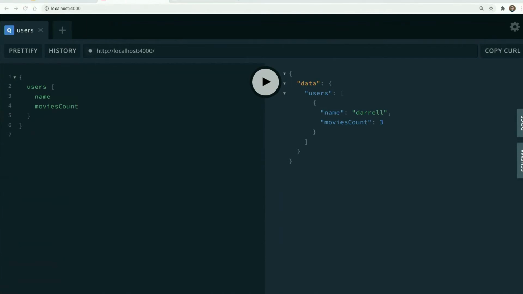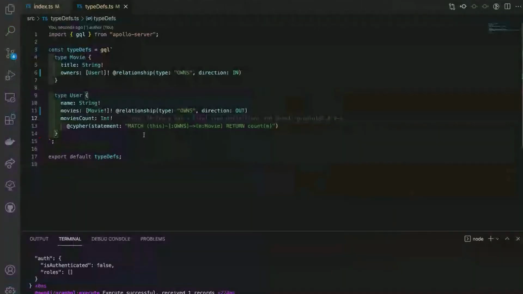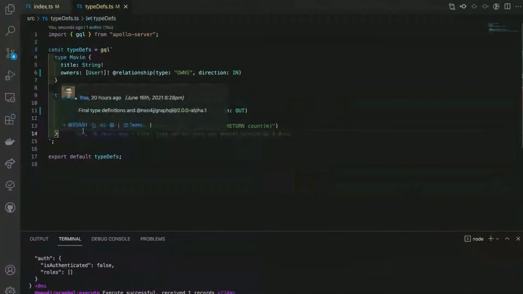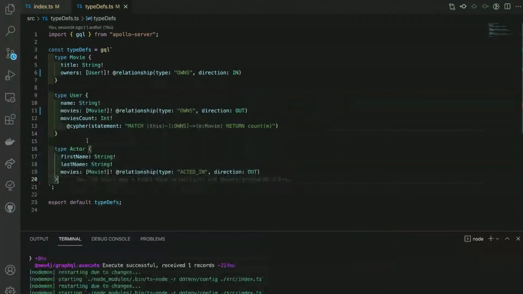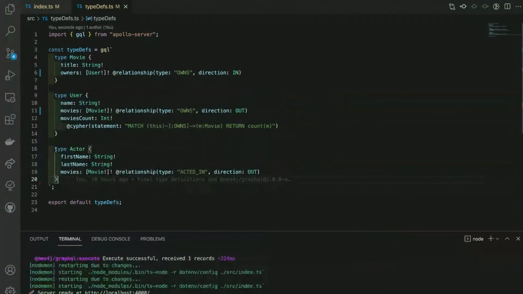Now, let's grow out our API even more. Let's say we wanted to see which actors were in a particular movie. You can see here we have an actor type. We'll actually just give that. So we're saying an actor has movies,